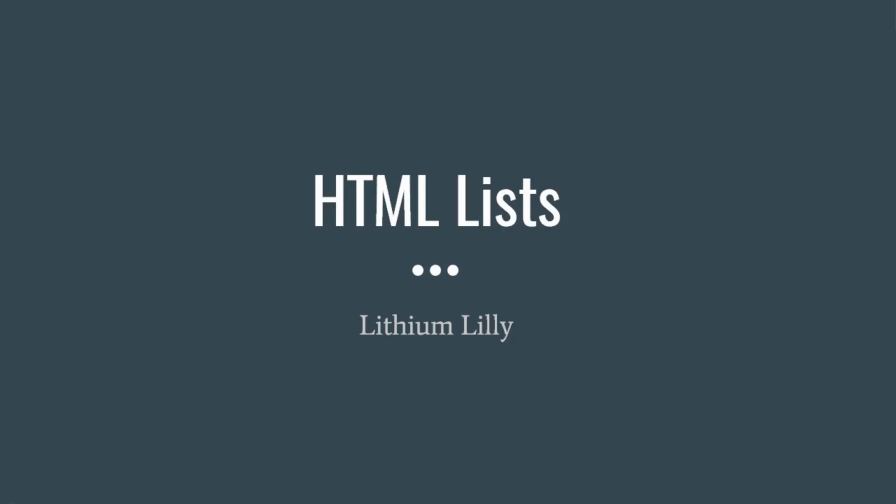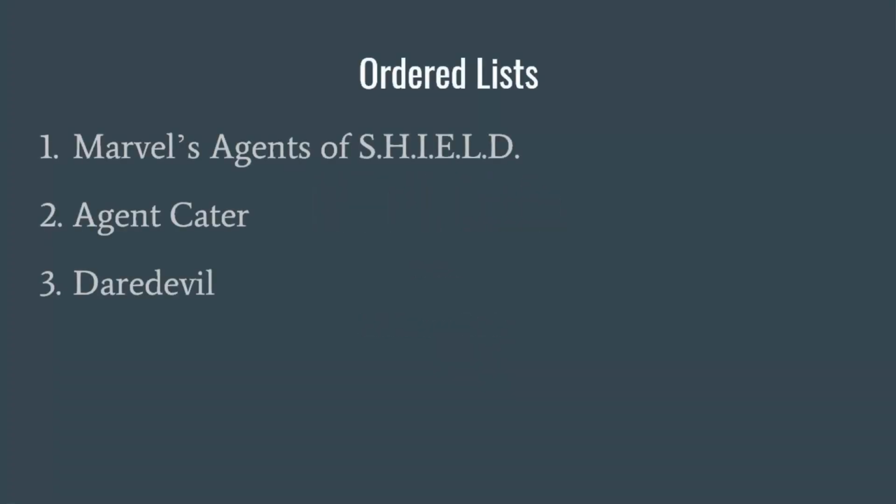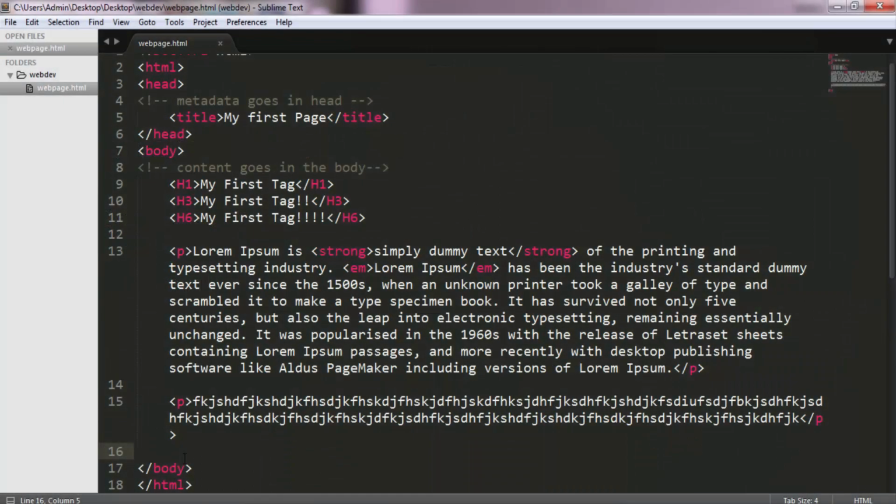So there are two types of lists that we can define. One is an ordered list, which looks something like this. And another is an unordered list, which works the same way, except we have bullet points here. So we'll start by talking about ordered lists, and the tag for that is called OL, which stands for ordered lists. And if we just do it like that